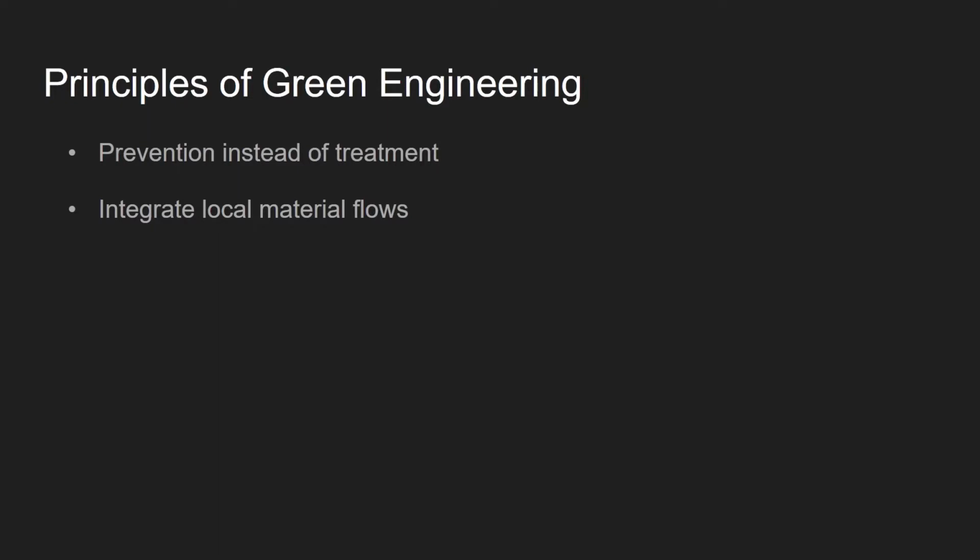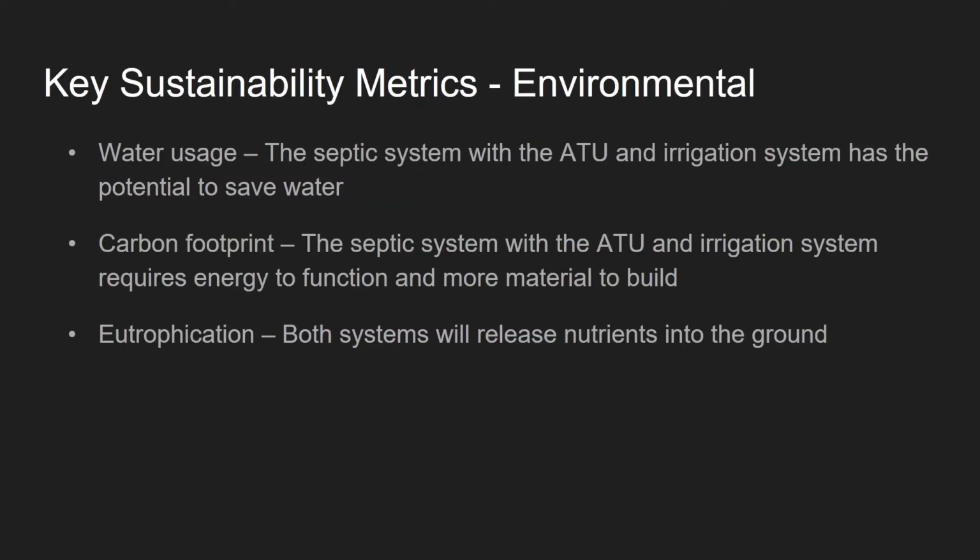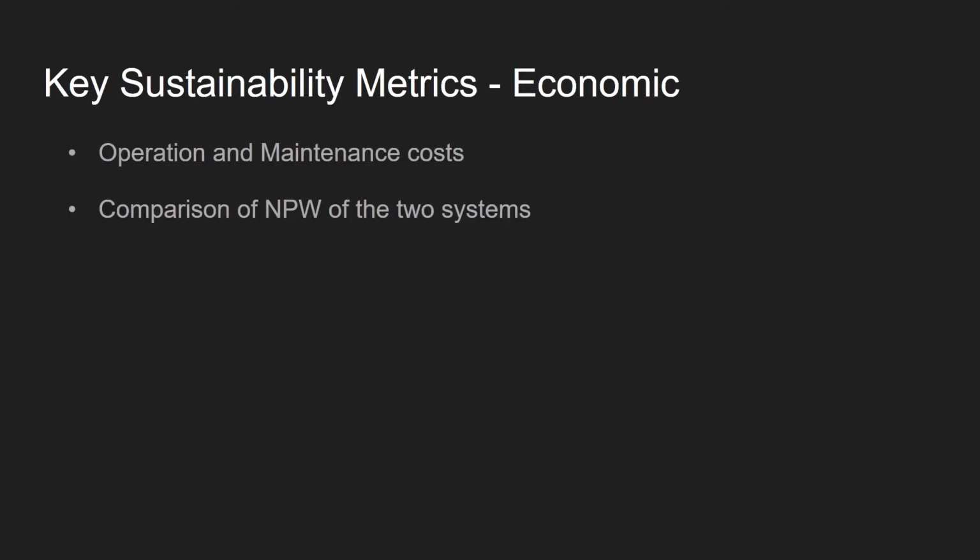By reusing water on site, an ATU prevents further input of fresh water and utilizes a local material flow that would otherwise go to waste. In order to properly compare these systems, we used three key sustainability metrics. On the environmental side, we focused on water usage, carbon footprint, and eutrophication. On the economic side, we focused on operation and maintenance costs and a comparison of the net present worth of